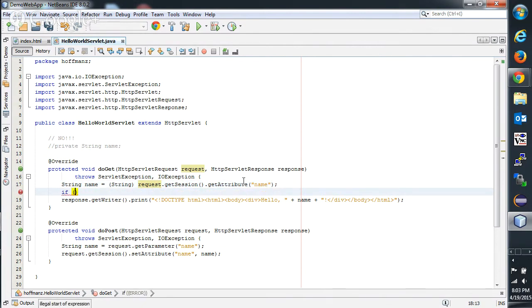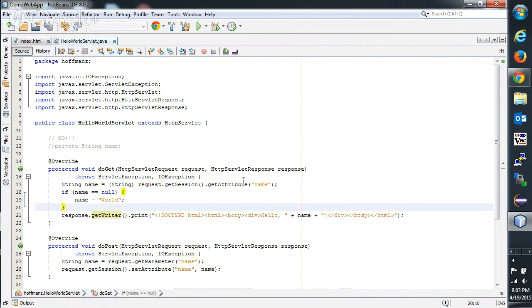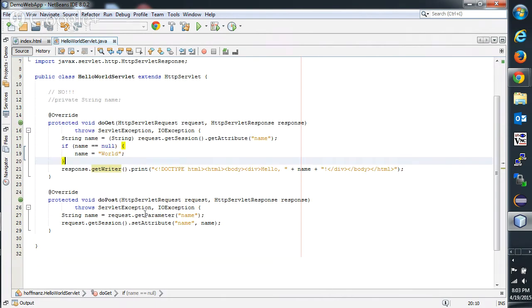And it would also be nice if we check to make sure that we actually have a name. So the first time we load this page, there won't be a name saved. So we want to do something like the default name if the name in the session is null. Now there's one more thing I've got to throw in here, which is after the user actually does the doPost,